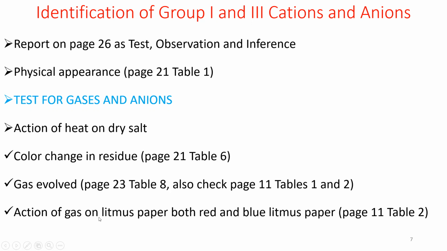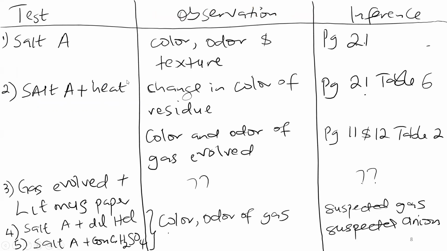We also do the action of gas on litmus paper, both on the red and blue litmus paper. And we can see the inferences on the red and blue litmus paper on page 11, table 2. As I said, for the action of gas on litmus paper, I encourage students to do this via dry heating because the dilute HCl and the H2SO4 are both acid and they can have some effect on your blue litmus paper. Now, for the anion test and for the anion and the gas, how do we go about that